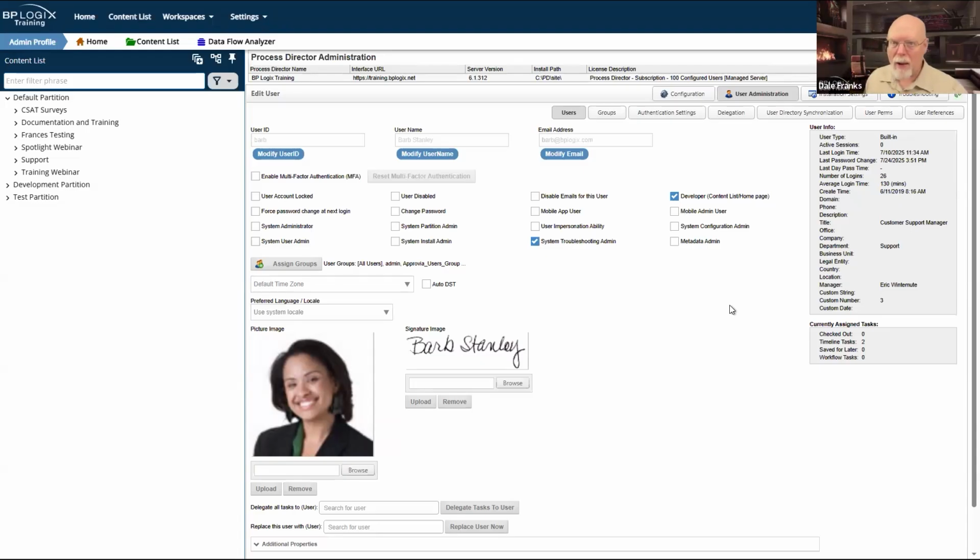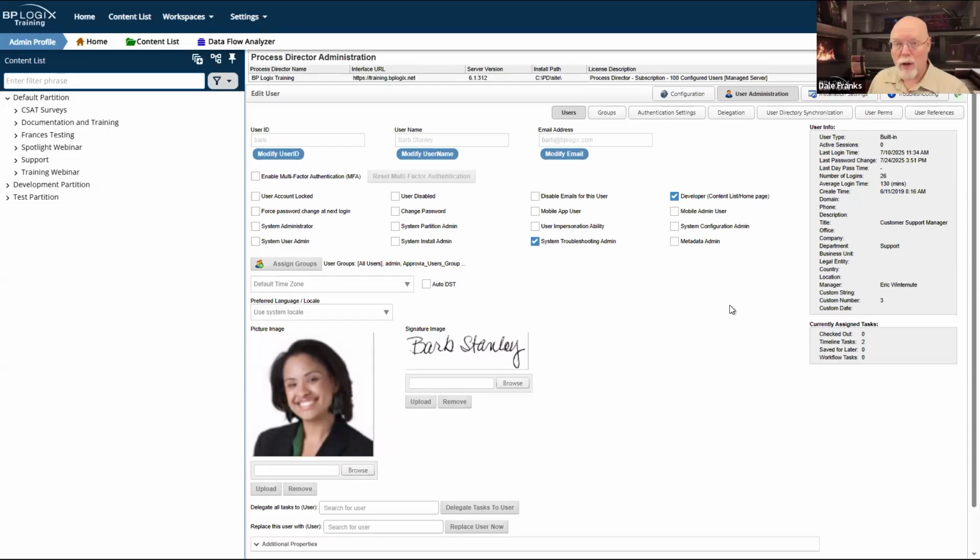It's only going to give them access to the system troubleshooting area. They can't go in and change users. They can't go in and change any of the installation settings, but it does give them access to all the logs and the other information that you need to be able to troubleshoot items.